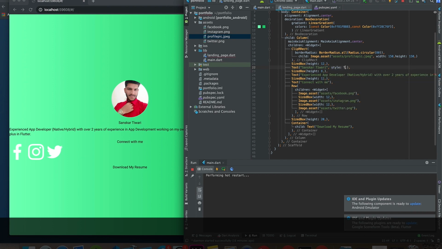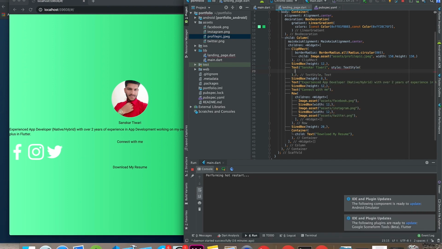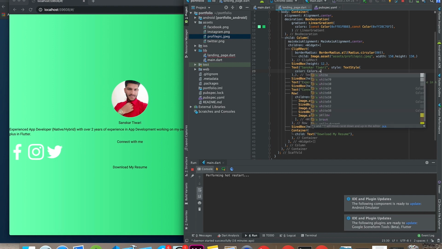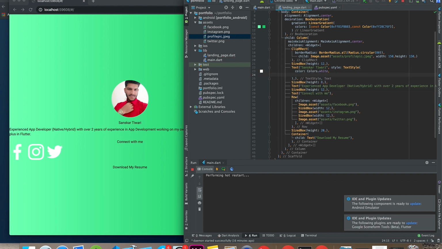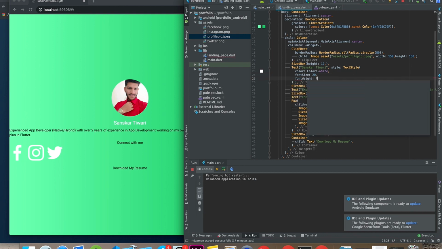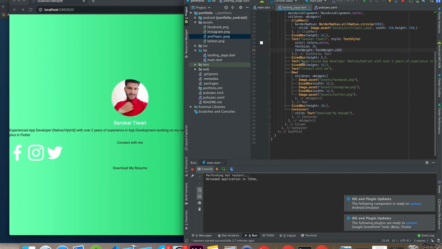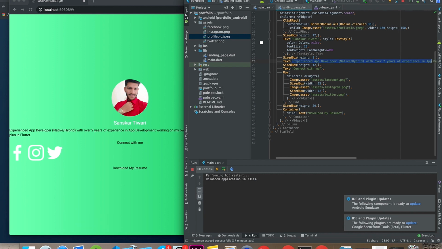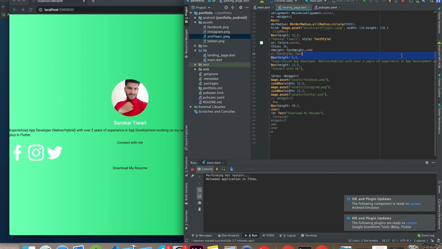Now next step, the text is very small and it doesn't look good as well, so we are going to give it some style. We're going to say text style, and I'm going to say colors dot white. Then we can have some font size as well. What about 18, maybe 20? Looks good, I think, right? Then we can have some kind of font weight. The font weight is looking good, but I just want to differentiate between the name and the description. This is really big text, very bulky for being in the code. So I'm just gonna get,